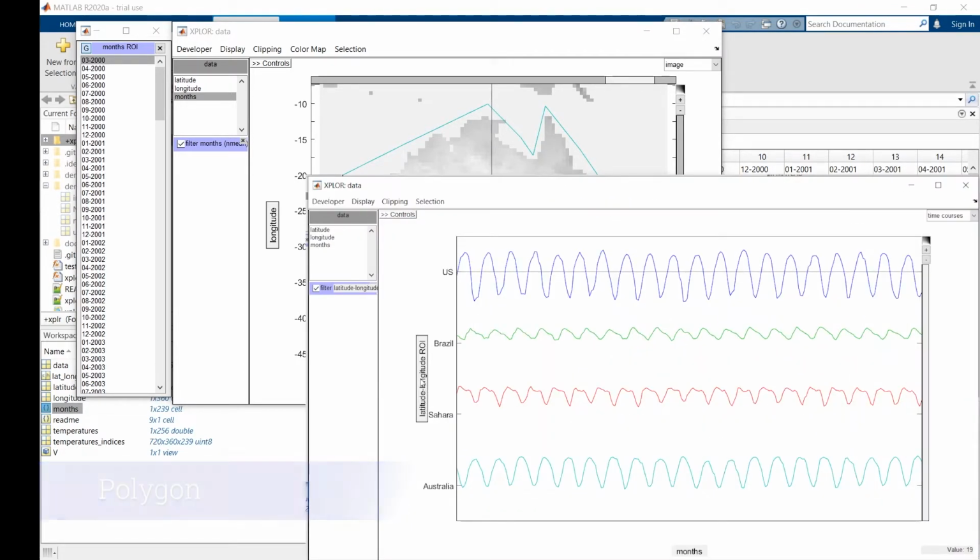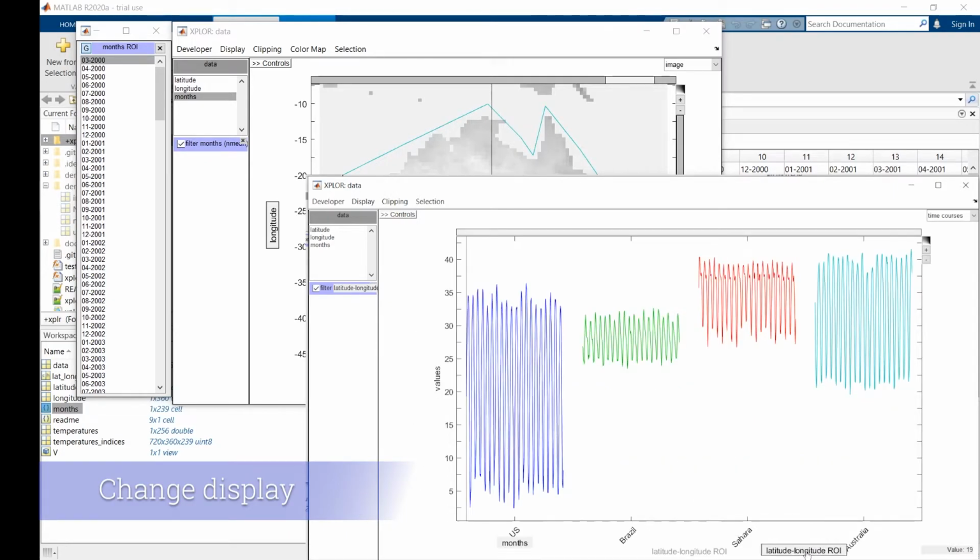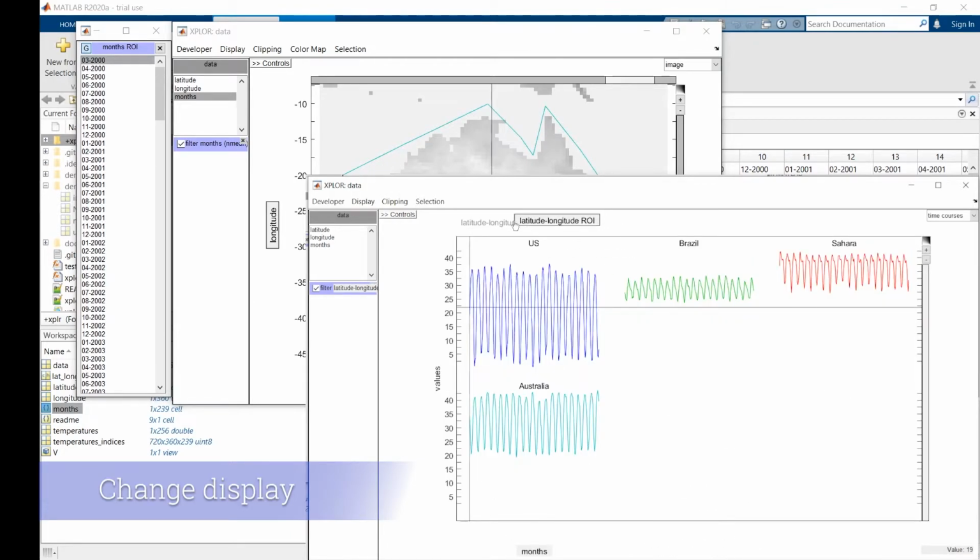We can change a bit this display. In Explore, all dimensions can be drag and drop. For example, I can take this dimension with our regions of interest, which is on ordinate. I can put it on abscissa. This is a core feature and originality of Explore. Data of virtually unlimited number of dimensions can be seen in a single display by stacking them like that. On the display, there is another place where you can put the dimension. It's on the top, and we get a thumbnail view for this dimension.